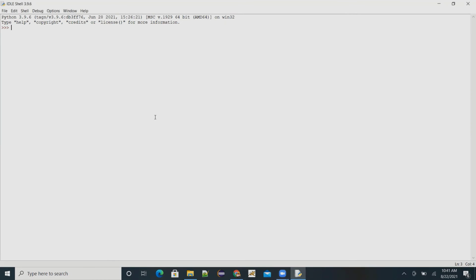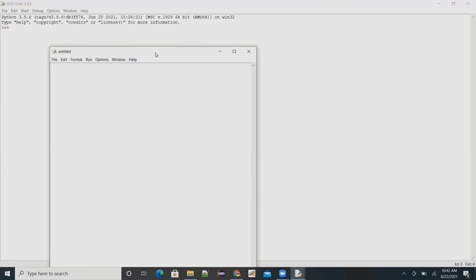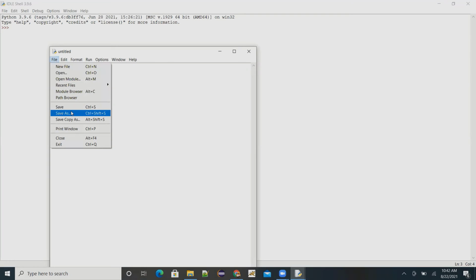One more thing I want to show, because without creating a file, if I keep writing here, right, it will execute each and every line. So I cannot execute 3-4 lines of code at a time. To do that, I have to create a file and write all those codes inside the file and execute the file at a time. So let's try to do that. Let's create a new file which I'll be storing at